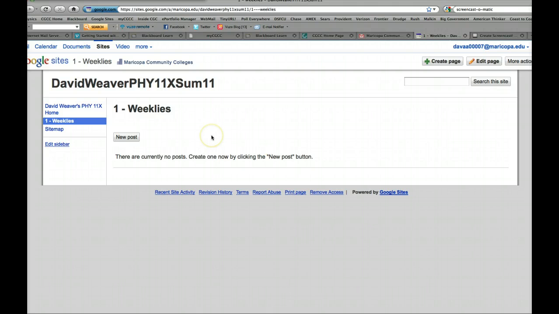Now the way weeklies will work is that every week, as you'll read about in the physics tasks document, you're going to be describing what it is you did and learned and have questions about for that week. The format of how you do that is going to differ depending on the grade that you want, and I will often assign, especially for those pursuing A's and B's, different ways of doing it. But regardless of what format you're going to use, each week you will click New Post,